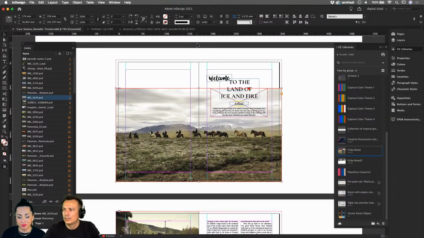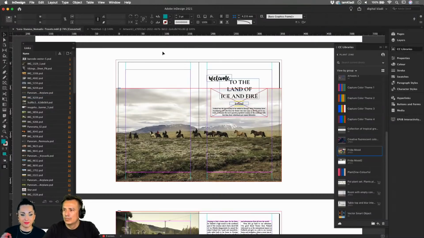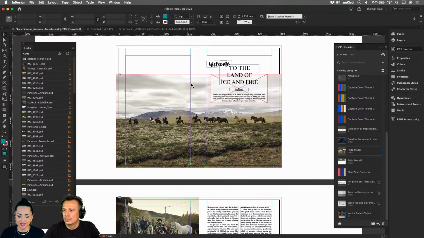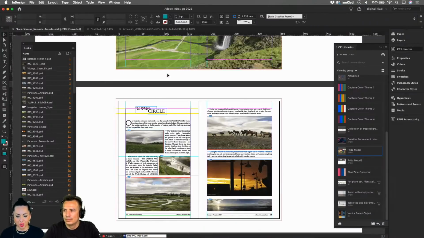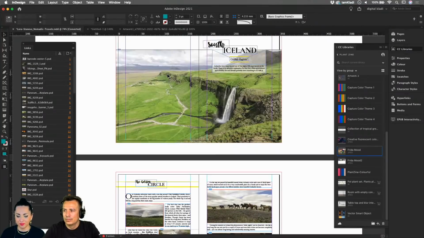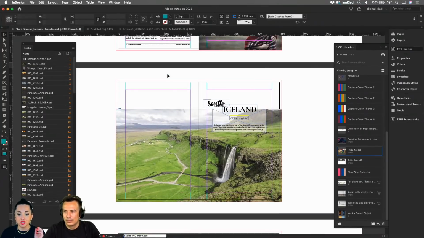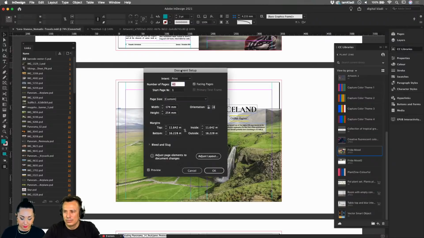I know that we've got just a few minutes, but something that was very related to Laura's question in terms of how to rework her project. And by the way, you can see she's already done a fantastic job. So I'm not going to go into the details of the actual artwork too much, but she asked how to translate it into a different format. So the first thing that I will do is access the document setup with the shortcut Option Command P on Mac. That's Alt Control P on Windows.